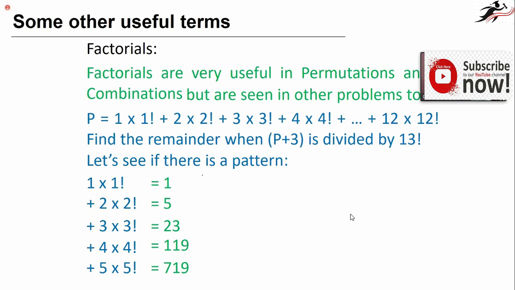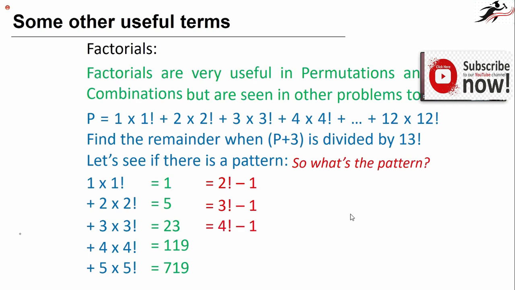So observe these numbers. Is there a common observation that you can make? Any common observation? Yes, what is that? So it's the next factorial minus 1. Absolutely right. So can I say 2 factorial minus 1, 3 factorial minus 1, 4 factorial minus 1, 5 factorial, 6 factorial,